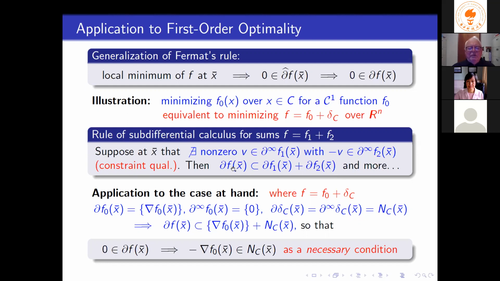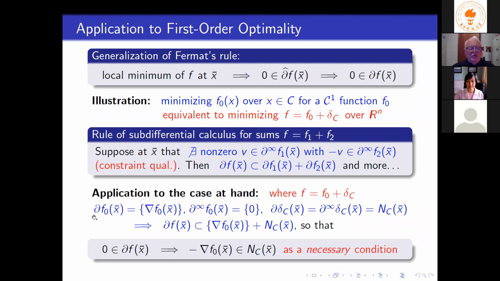inclusion, I'm sorry. And then what's missing, what I could state more about here, but there's no place to write it all because there's only so much space here, is that there's also a side of this that computes the horizon cones of this new function, and the condition under which, if we have variational regularity, then we have an equation. And you remember here that this formula would mean that every subgradient can be represented as a sum of a V1 in this one and a V2 in this set. So now if we apply it to this case where we want to calculate the subgradients of this particular sum,